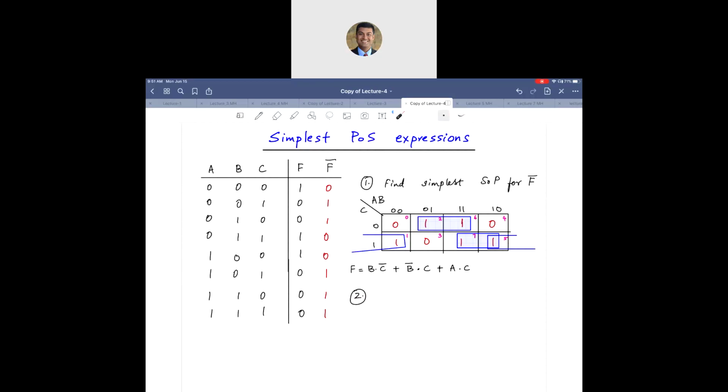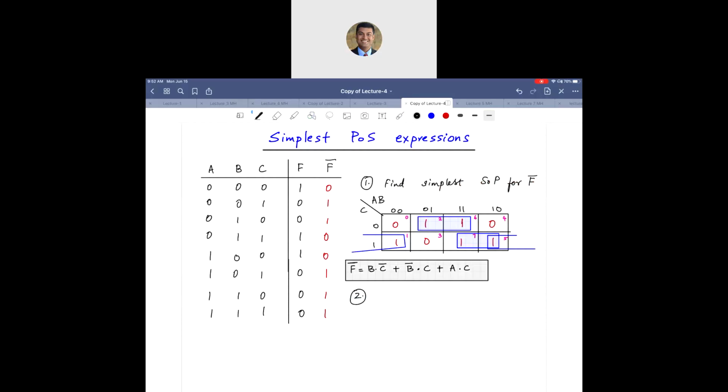I started out with F. I should have started out with F complement. So I've switched around my logic function a little bit so that I don't have to change much. F is now this, so that F complement is this, and then I'm trying to find the simplest SOP for F complement. Once I do that,